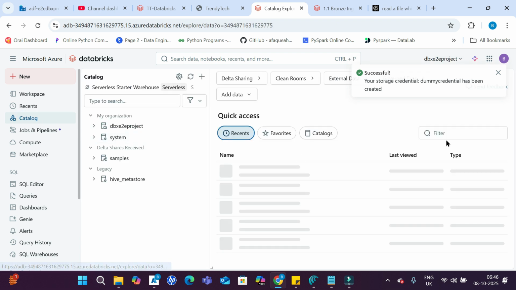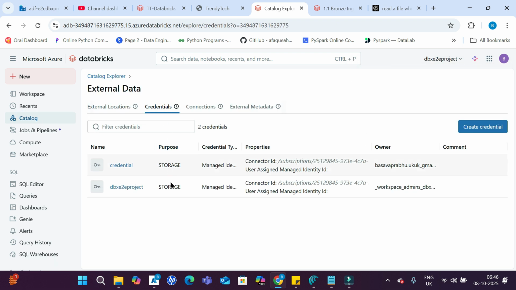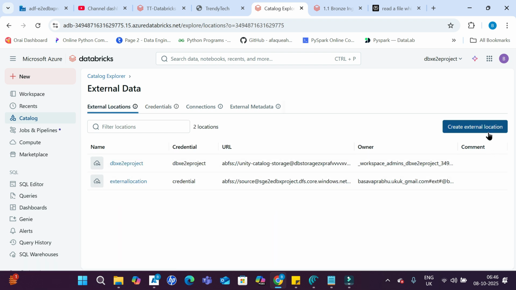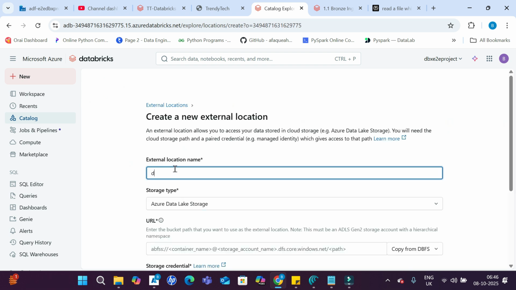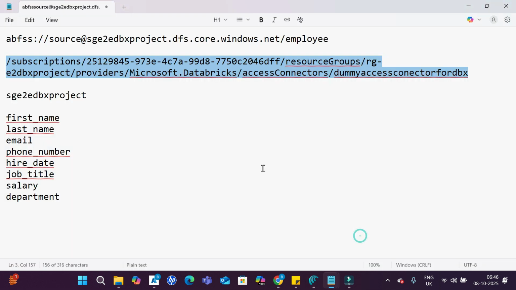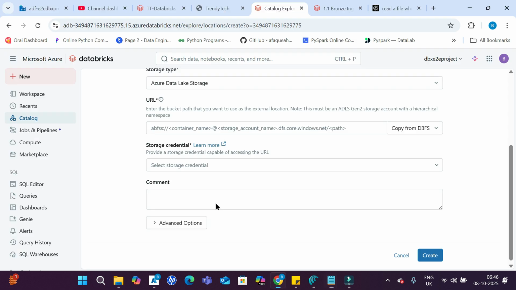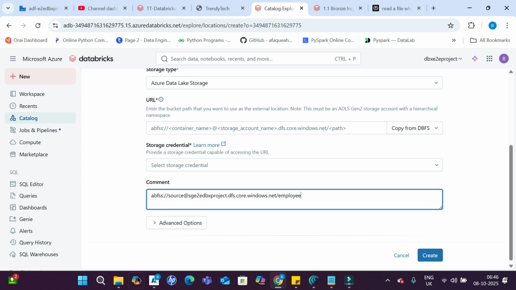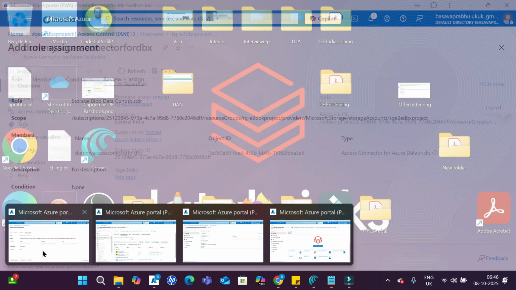Then again go back to the catalog, external data. We have now created the dummy credential. Now we need to create the external location. Click on external location and give the name. Here you need to give the ABFS path with the container name and storage account name. Basically it is something like this. Sorry, it is here. So it has to be like this. Let me show you your container name and storage account name. Go back to your